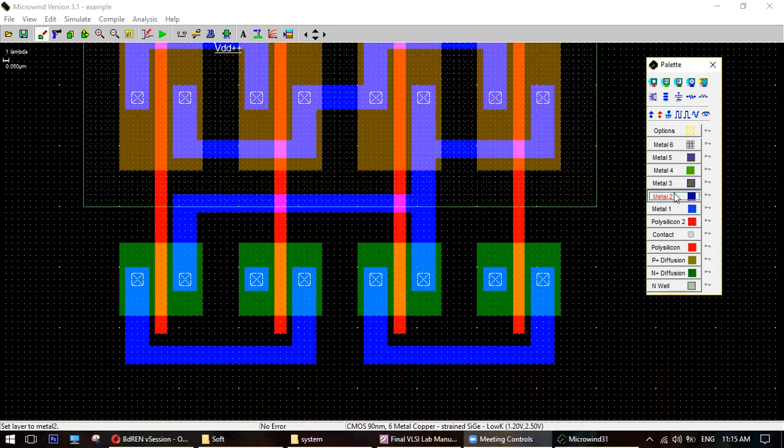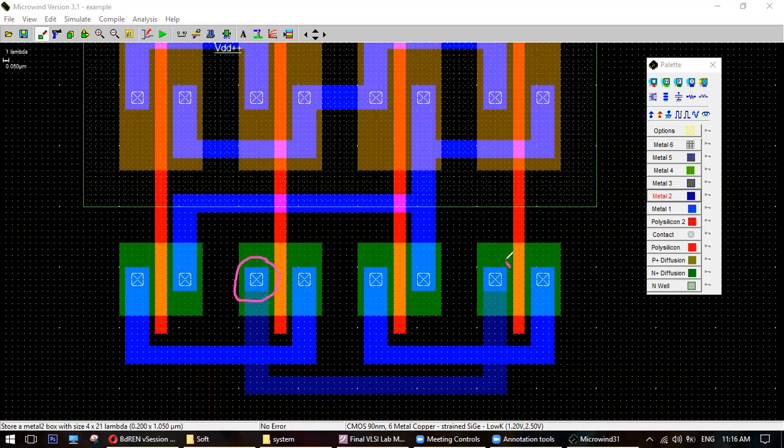So what I can do, I will still use metal 2, but I need to use a separate connection as well on top of it. What is that? As you can see here, the last but one. What is this? Contact metal 1 and metal 2, sir.